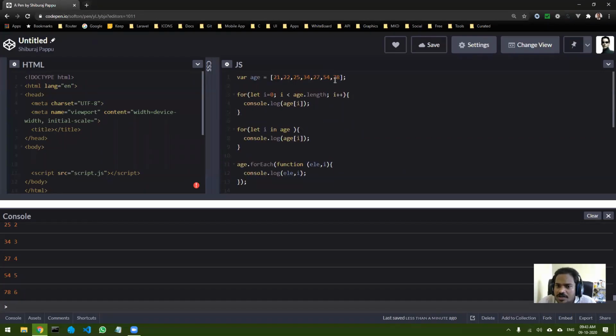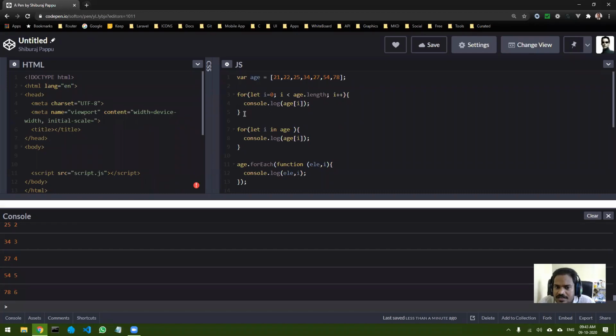What I want to do is check if all the ages are above 18 or not. Can anybody tell me what will be the program for checking whether the age is above 18 or not? The program will be simple.